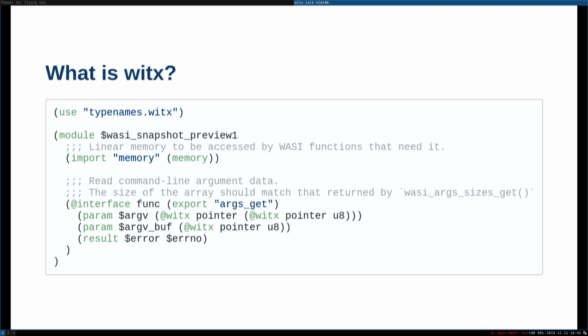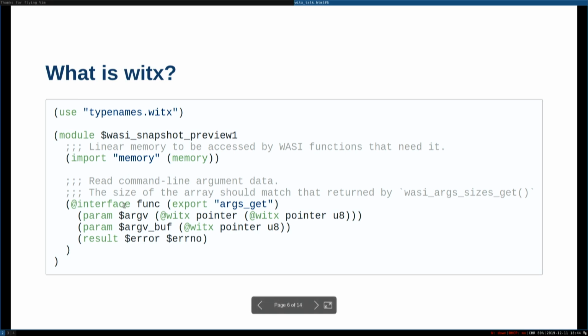But this is a WitX document right off the spec, and there are use statements. You can have parts of the specification in other files, which obviously is important for reuse. And then you specify a module, and the module can say something about its requirements, like we're going to need linear memory to implement this module. It's kind of all of them at the moment, and that's stolen from interface types.